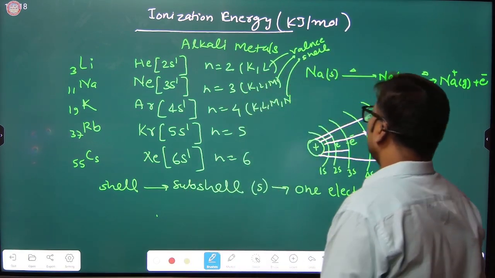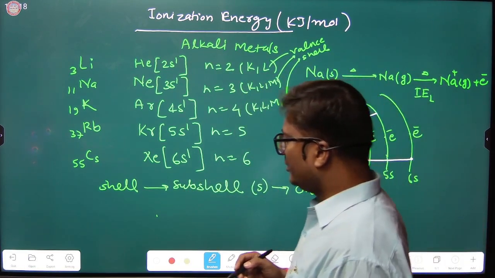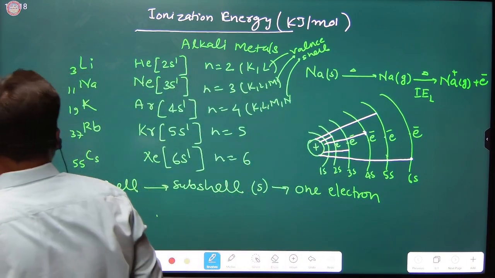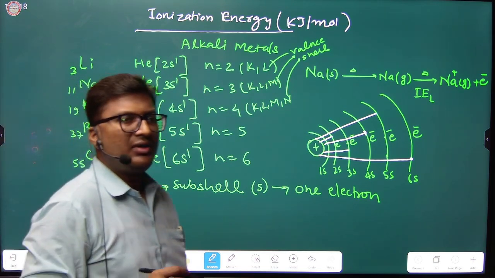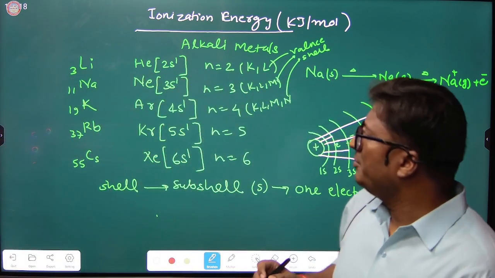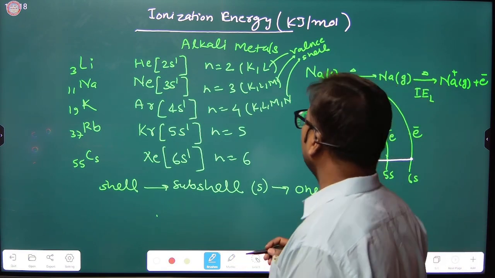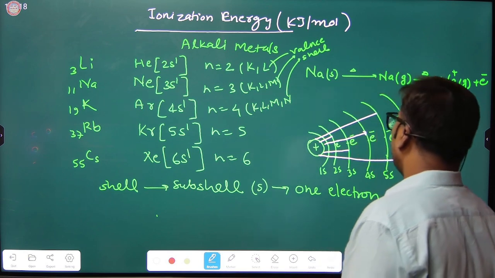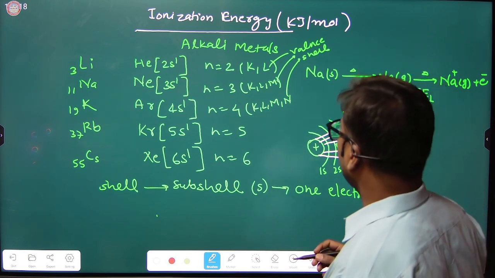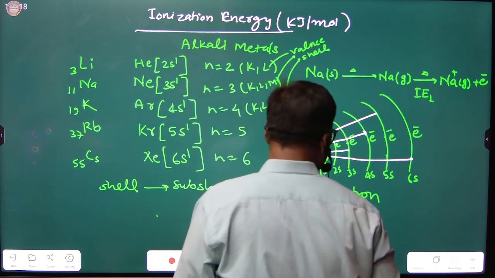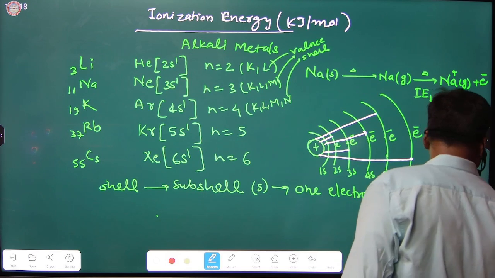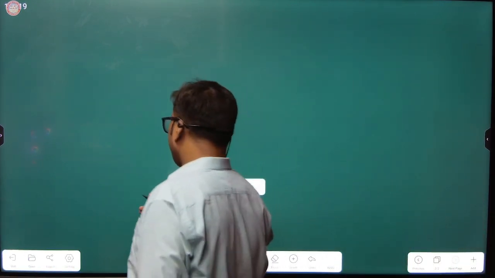So ionization energy means energy to create an ion, so it may be for the positive charge to create on the metal. So suppose, in case of lithium, right,